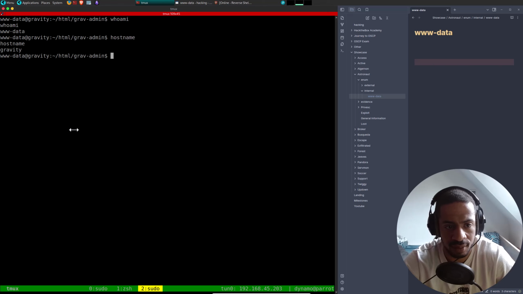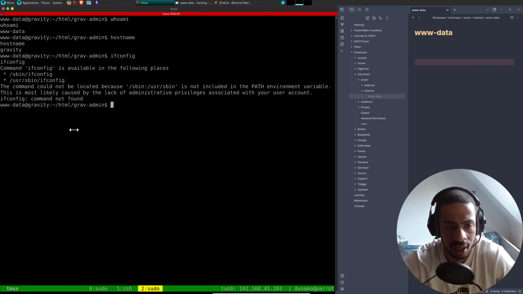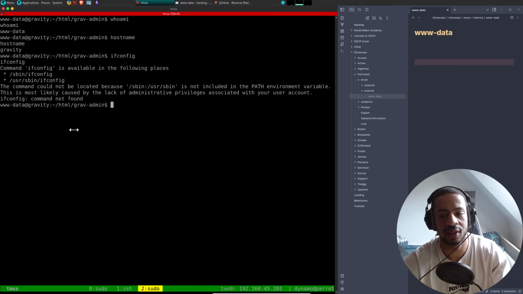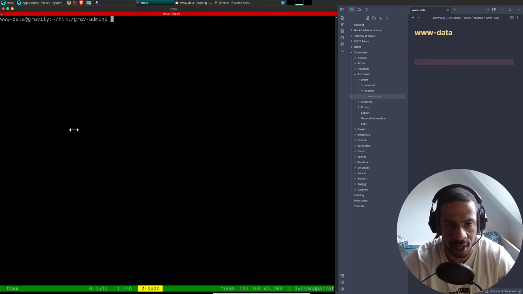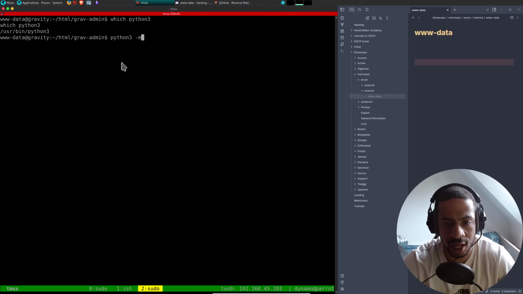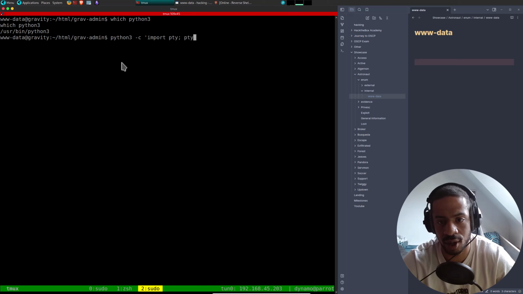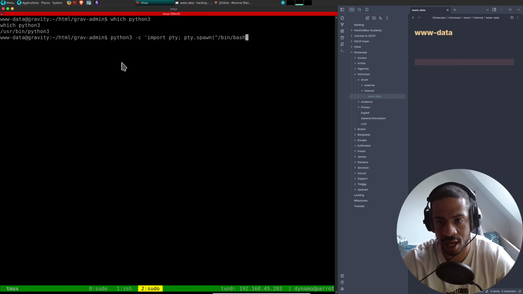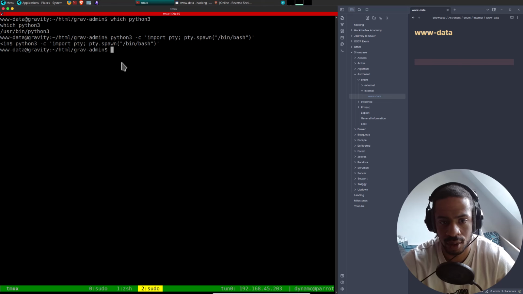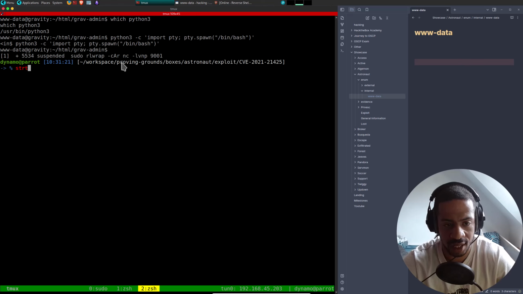Then hostname. Then ifconfig. The command cannot be located. Okay, so we don't have a good shell. Let's improve our shell. So Python. First, let's see which Python do we have. Okay, so python3 -c import pty; pty.spawn, and then /bin/bash like so. Go back and then say stty